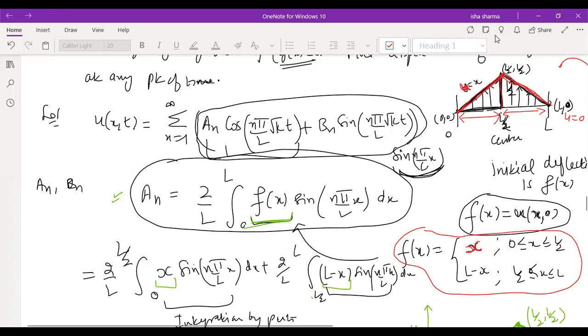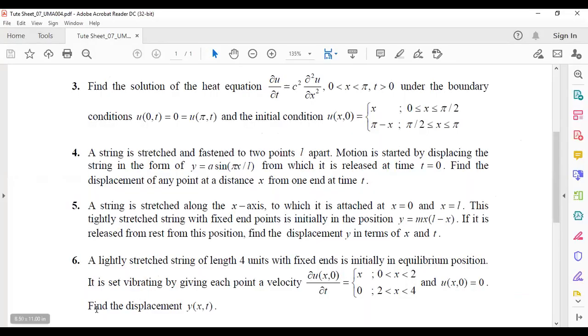Okay, so I think Vidushi, you are asking about the TUT 6, 8th question. Let me just see which question you are asking. Let me just open the tutorial sheet. Okay, this is TUT sheet 6,